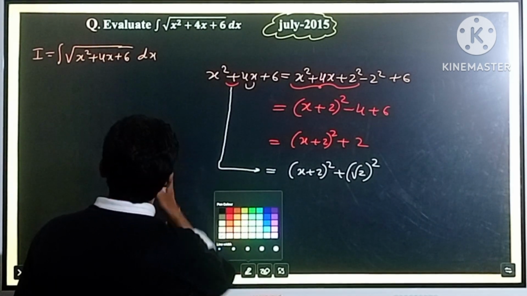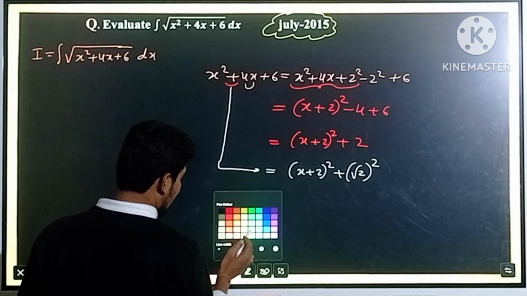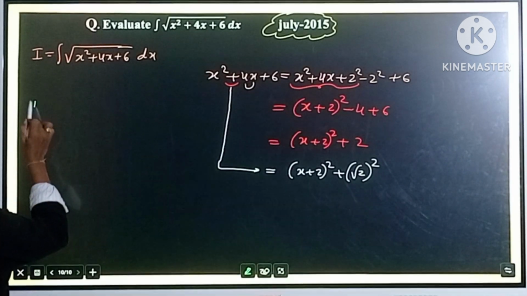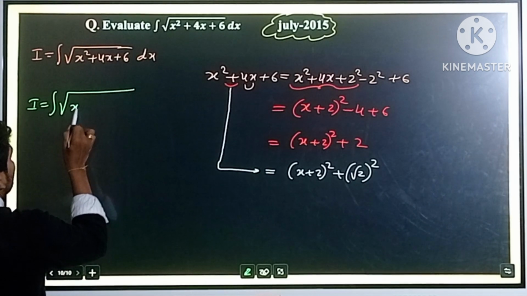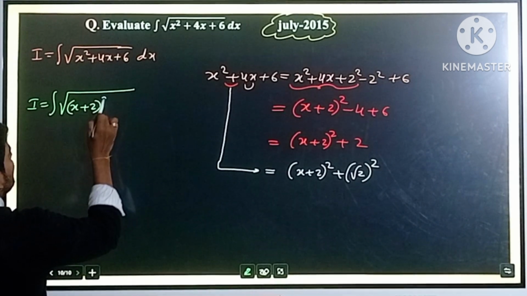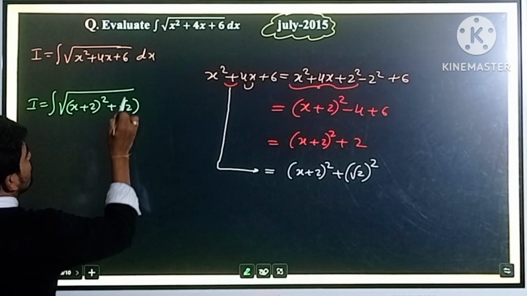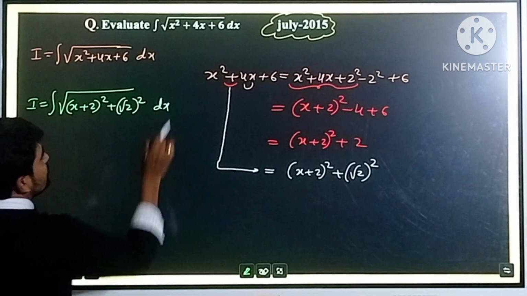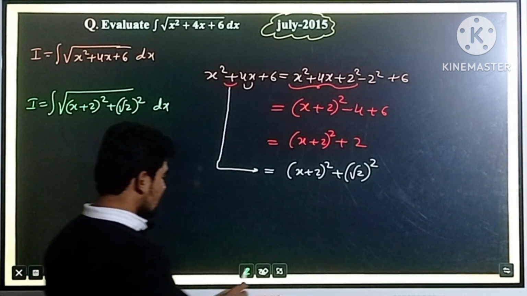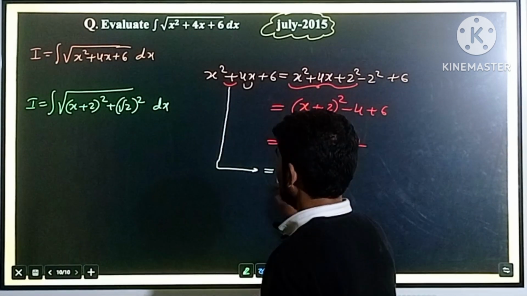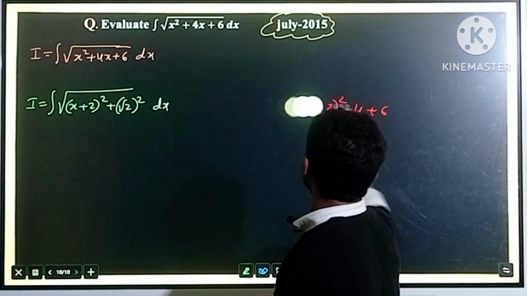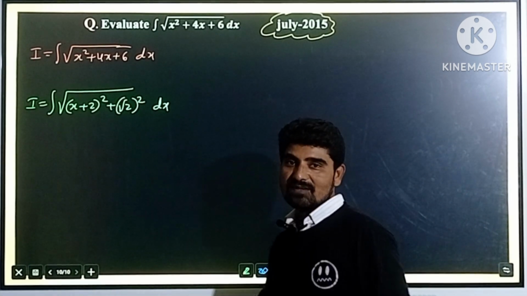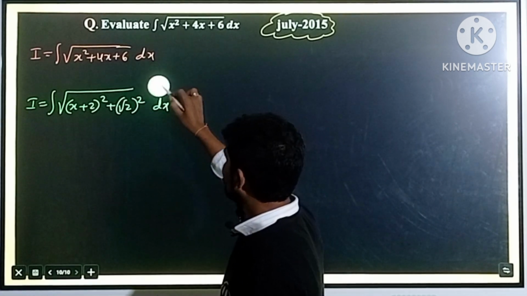Now replace this quadratic expression using this format: I equals the integration of the square root of (x plus 2) whole square plus (root 2) square with respect to x. Now just observe this integration problem. We have one of the standard particular functions in this integration problem, that is: